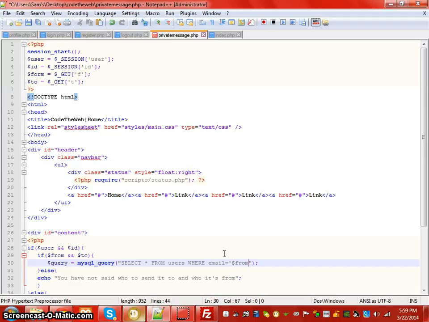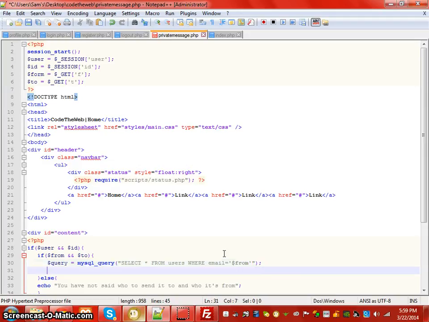So we're going to say who's it from first. Then we just say $num_rows equals mysql_num_rows of $query,